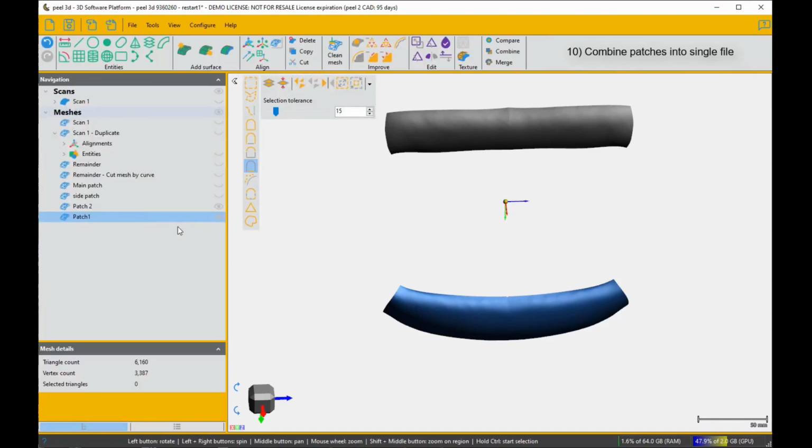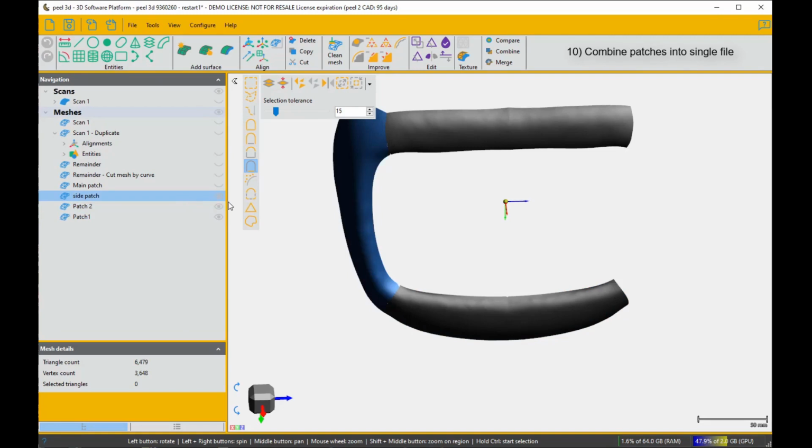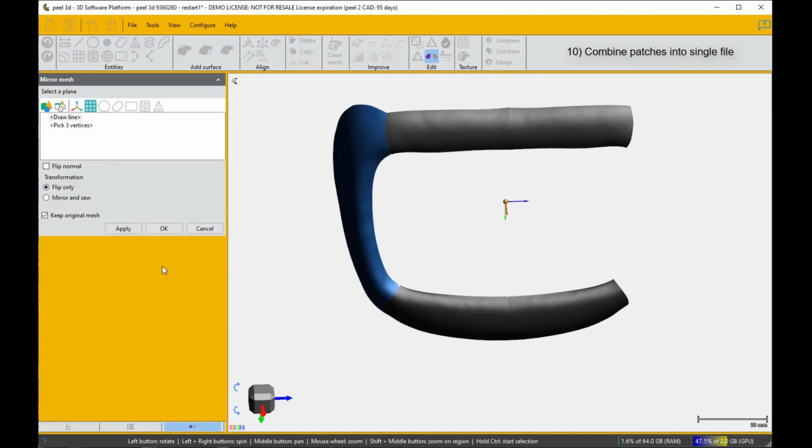Now those do not have a common edge, so they should use the flip function. We'll just turn it on. There's the side panel that we've kept, and this time we're going to do flip only and keep the original mesh, because you don't want to remove the previous one. Okay. Around the XY plane,